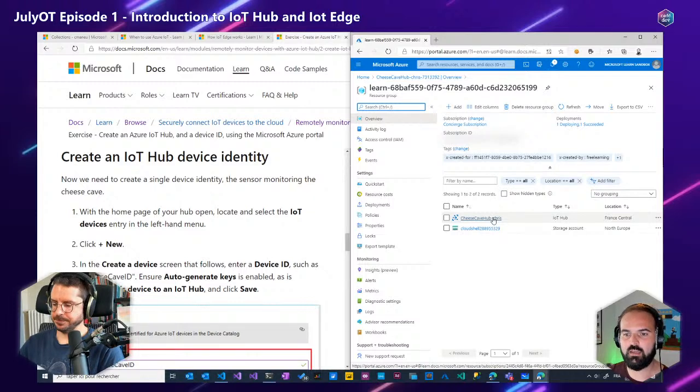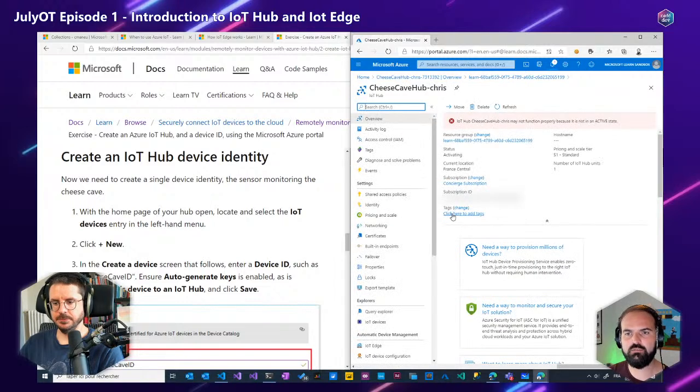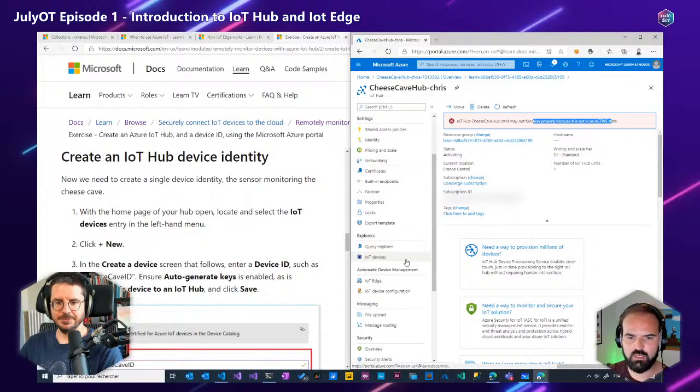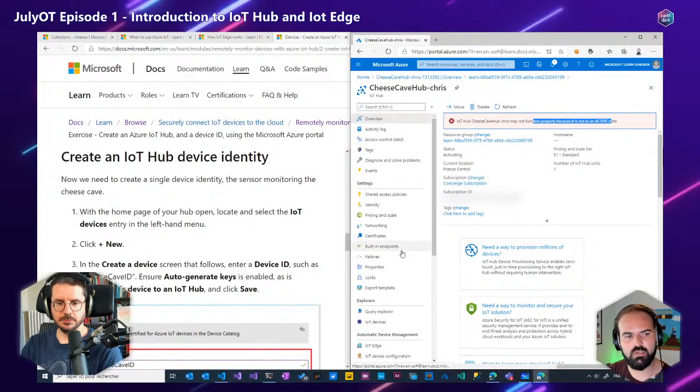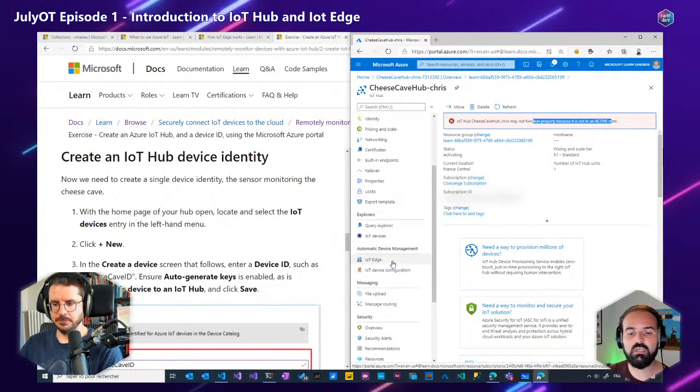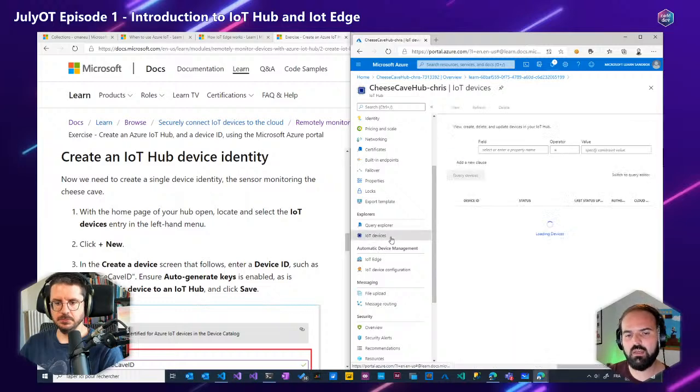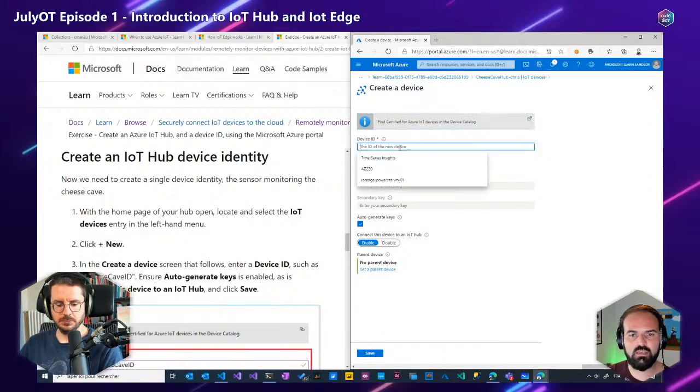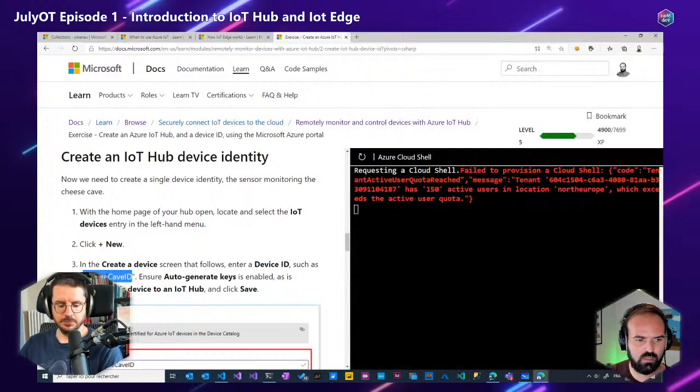Yeah, thank you. So our IoT Hub has been created by Azure, so we can go ahead and open the IoT Hub. It's still in the creating phase, but you can do a bunch of different things here. And one of the first things we want to do, as I said, is to create a device identity, so we have a password for this device, a connection string for this device. To do so, you can go on IoT devices in the left side menu and just click new device. You need to get a device ID. So I will choose here